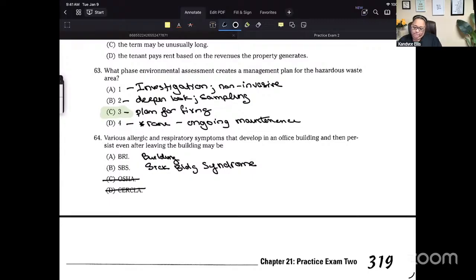Uncle Ray, can you remind me what BRI stood for again? Absolutely, Candace. BRI stands for Building Related Illness. It's basically a term used when you have a diagnosable illness or allergy that can be traced back to a specific building environment, like something in the air quality or ventilation that's making people sick. So it's a bit different from sick building syndrome, where the symptoms aren't tied to a specific identifiable illness. Hopefully that helps.